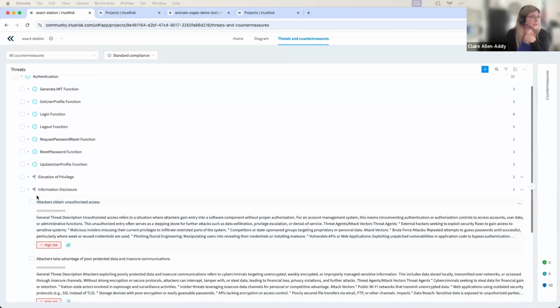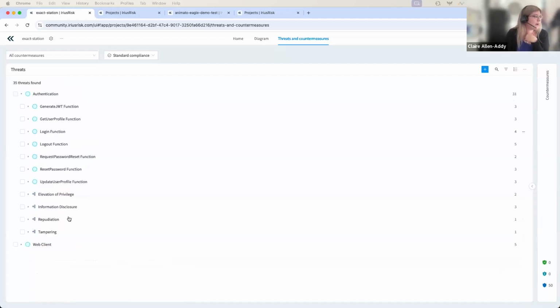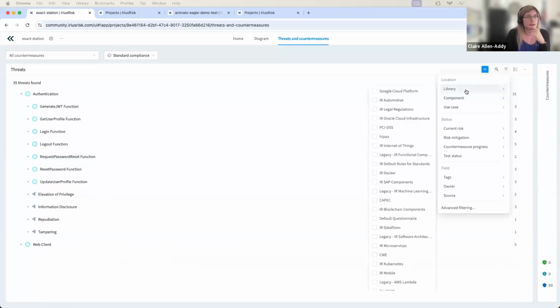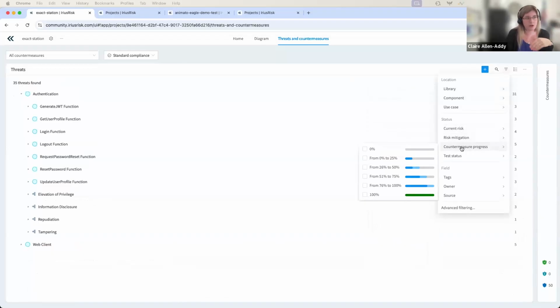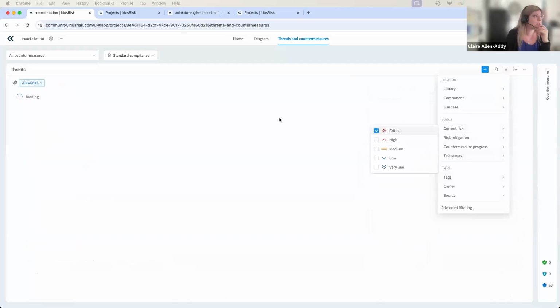Okay, so we've had a look at the threat detail, and then perhaps you're looking at this thinking, oh my goodness, I'm a team of one. I'm in a small organization. How am I going to get through all of these? What you can do is filter these further, whether by components, by use case, the level of risk. Obviously, this is a common place to start. The type of risk mitigation, countermeasure progress, obviously we haven't done a great deal as yet, based on test results, there's all sorts. But if we start with the ones that are just critical,